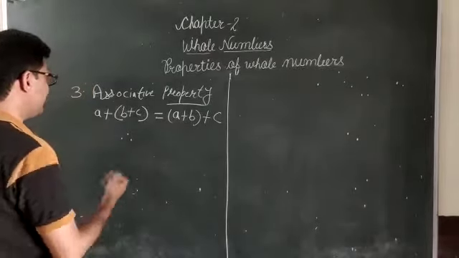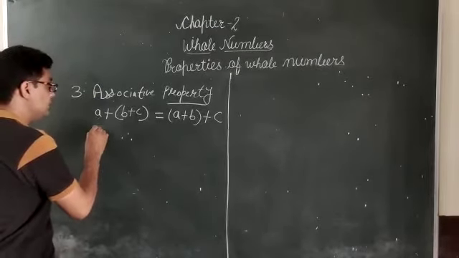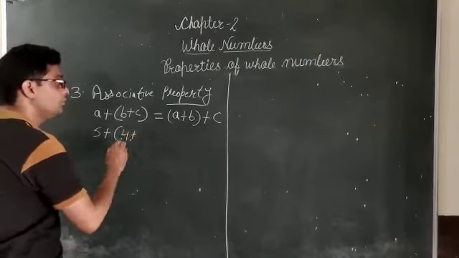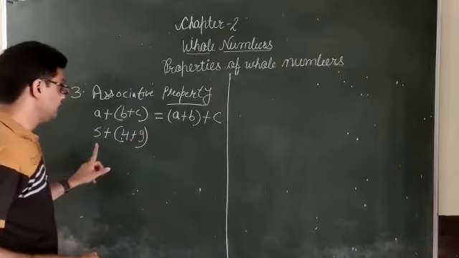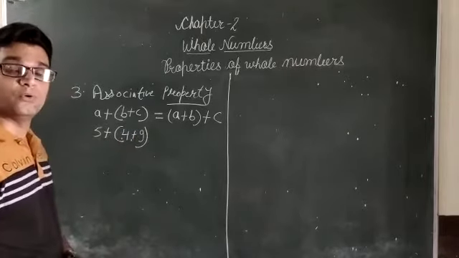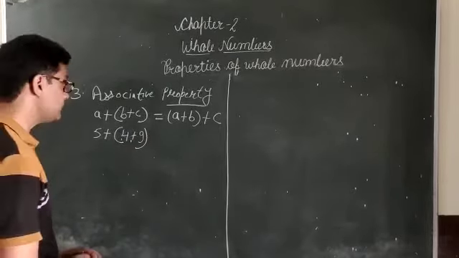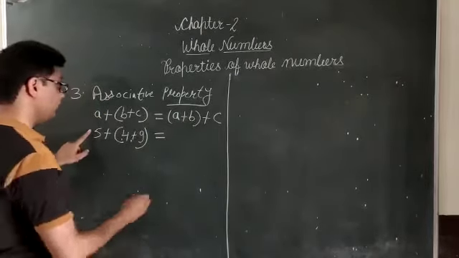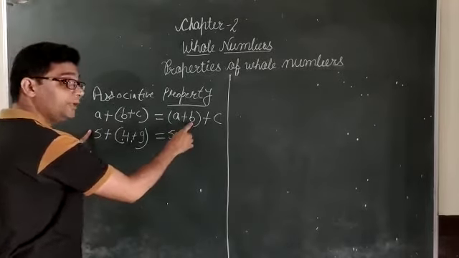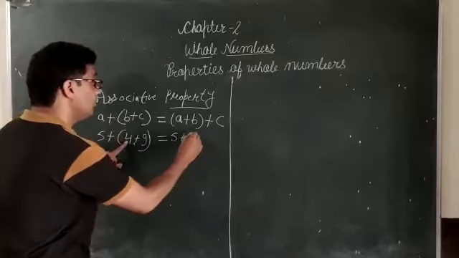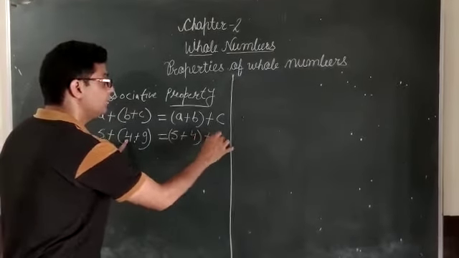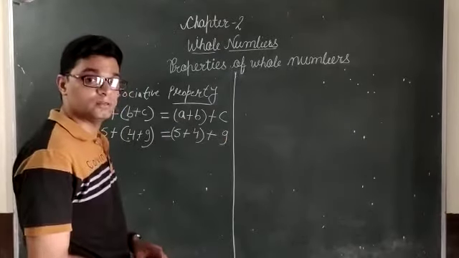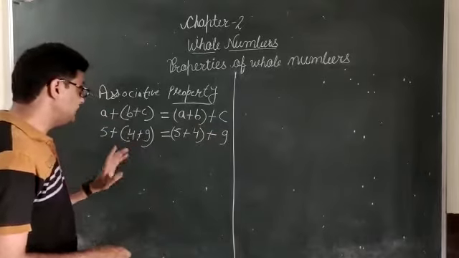You can also take one example. Suppose here it is 5 plus 4 plus 9. These three numbers are given: 5, 4 and 9. This is equal to A plus B; what is in the place of A? 5. What is in the place of B? 4. So (5 plus 4) plus C separately; what is C? 9. This we can keep. So first of all we will add these both.